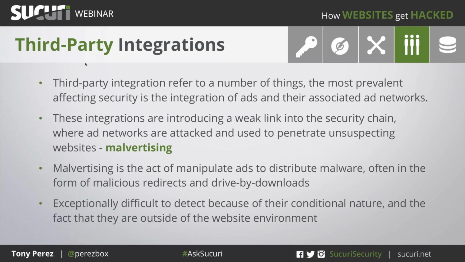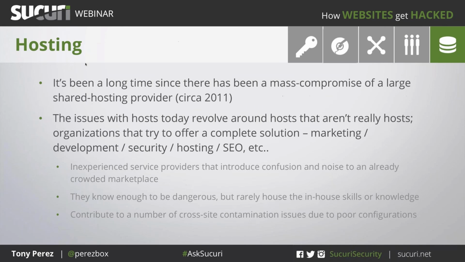We also have a challenge in which we have hosts that aren't really hosts, right? We have a marketing company that wants to provide an all-inclusive white label solution to their customer. And so they'll spin up a little AWS instance and they'll say, hey, I am now a host for my customers. Yet they don't know how to manage that environment. So they have a little AWS server, they misconfigure it, they have no staff on hand to help support, but the website owner is completely unaware of that, right? They just say, well, they're hosting it, they're offering it, I'm trusting them, they must know what they're doing, but that doesn't necessarily happen. And so we have these inexperienced service providers that are actually adding confusion to the hosting marketplace. And as long as you stick to more reputable, larger organizations, you should be okay.